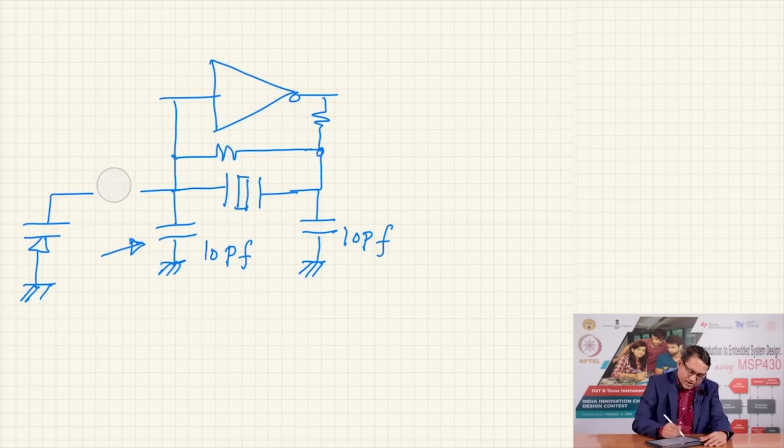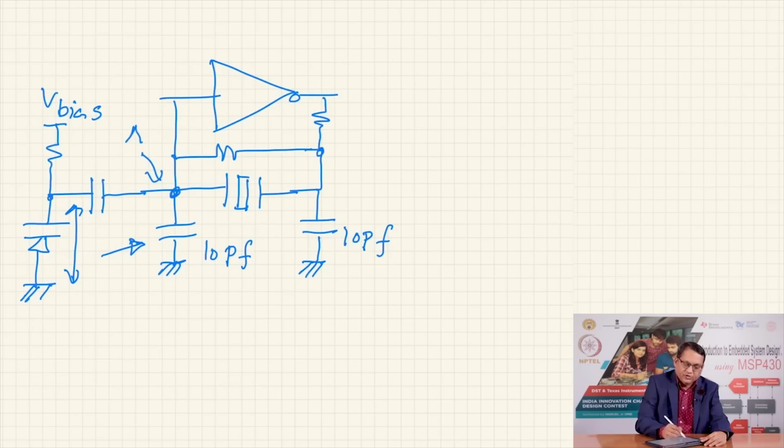I need to decouple the varactor diode here by using a large capacitor, and I apply a bias voltage here, say some V bias. By changing the bias voltage, the capacitance between these 2 points can be changed, and therefore the effective capacitance as seen at this point A would change,